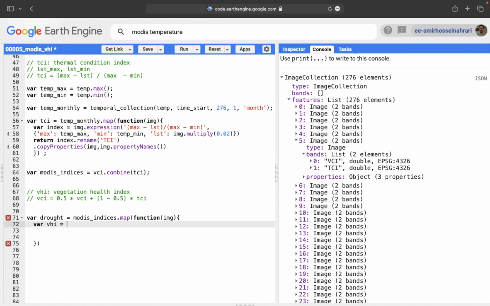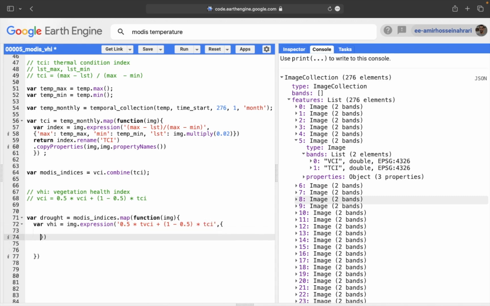VHI equals to IMG. The IMG includes VCI and TCI. The expression is like that: alpha 0.5